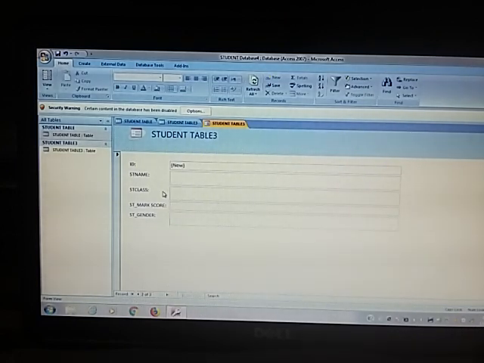Again, student name Anushka, class 8th, mark scored 250, gender female. Student name Ria, class 10, marks scored 300, gender female.